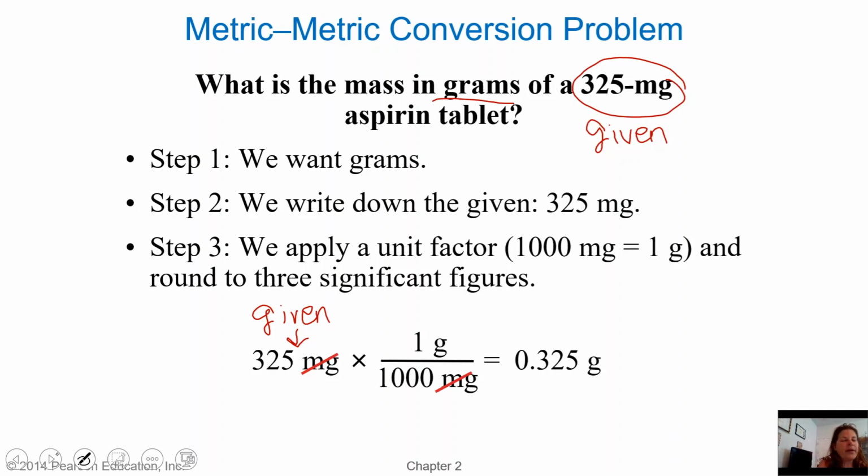Basically, we said 1 milligram is equal to 0.001 grams. That's like saying 1 penny is equal to 1/100th of a dollar. Okay? Same thing. That's like saying 1 penny is equal to 1/100th